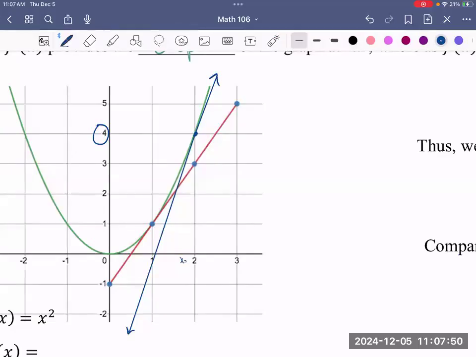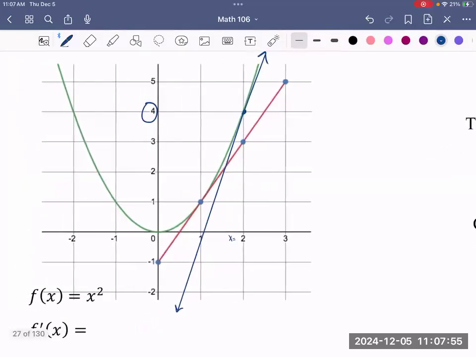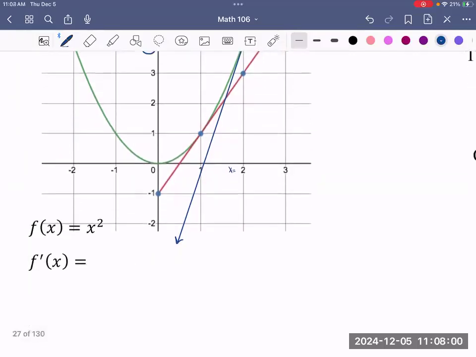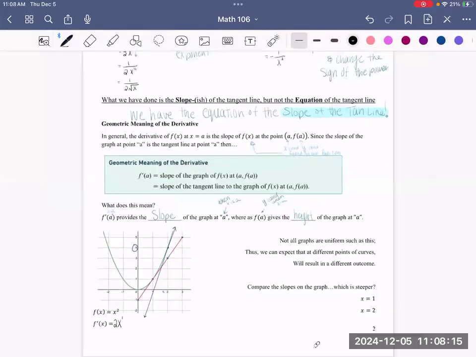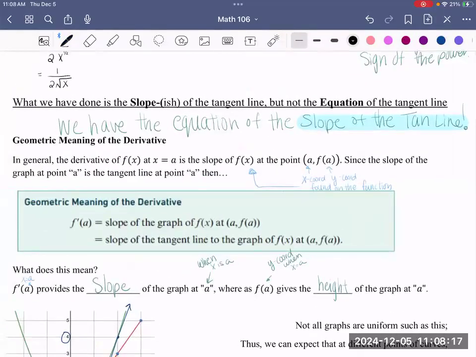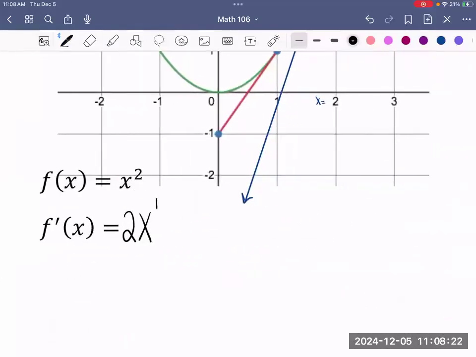Right, well, the blue line is going to be steeper than the red. So if we wanted to find numerically and see a good argument for it, can we take the first derivative of x squared? Well, your power rule says, let's drop your 2, and then we have x, subtract 1 from 2, and we're left with 1. Now, we said a moment ago that we have the equation of the slope of the tangent line,